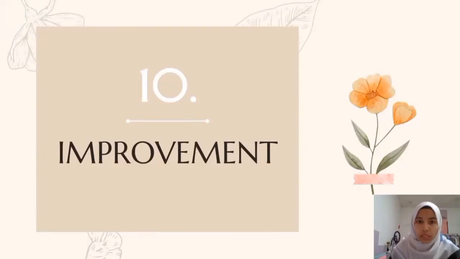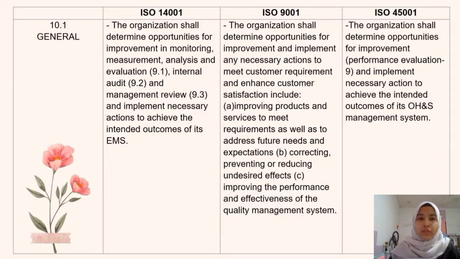Clause 10, which is improvement, means the action of improving or being improved, and also the thing that makes something better. This clause consists of 3 scopes. So I will explain the first scope, which is 10.1 general, where actually you can see here these 3 ISO actually